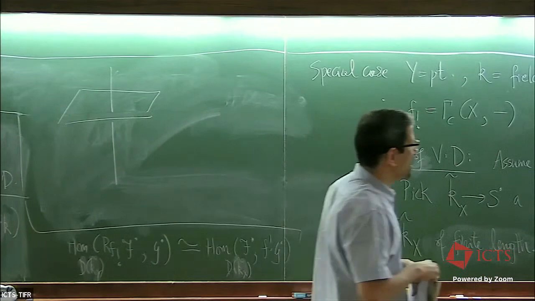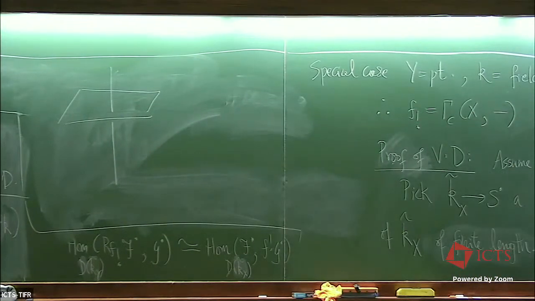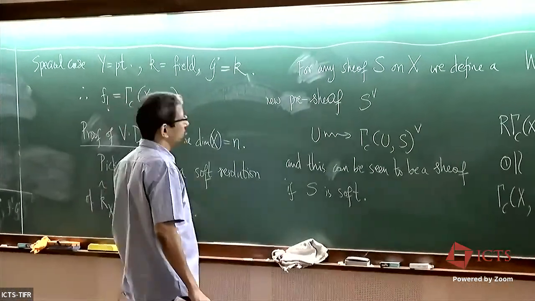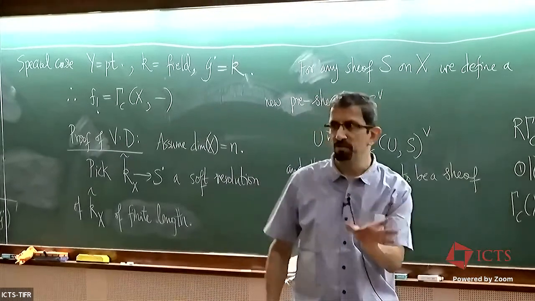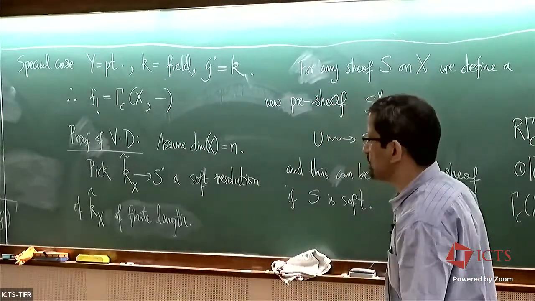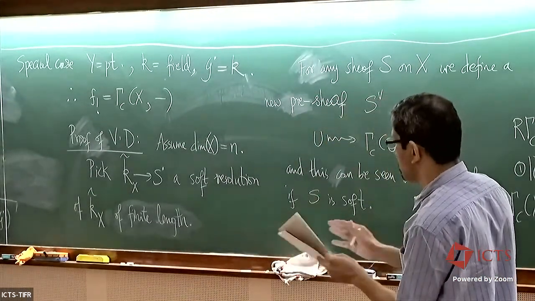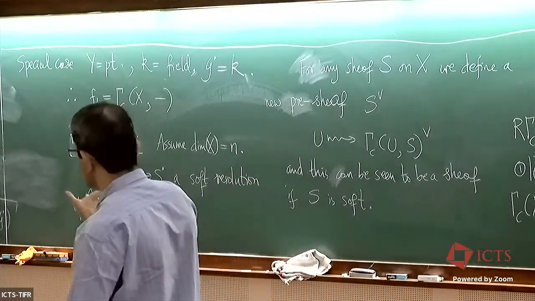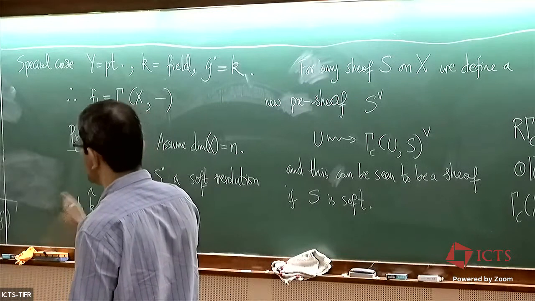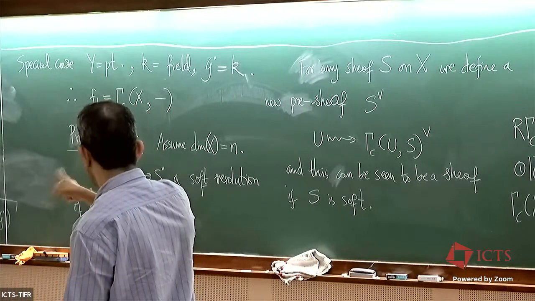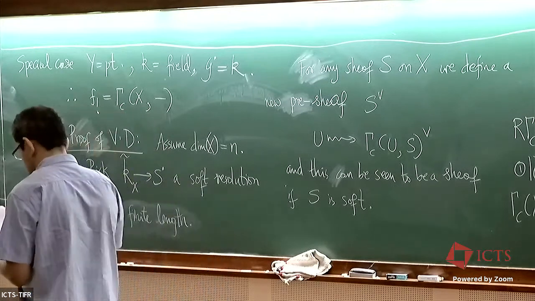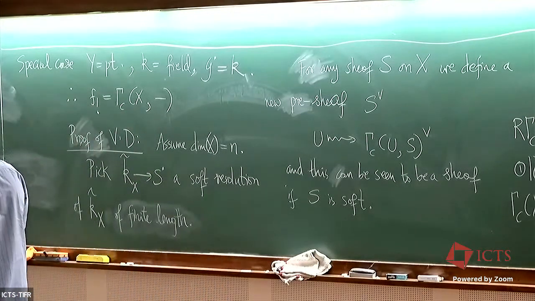The complex that we write down here is coming from a soft resolution of S dot, and if you look at it carefully, this soft resolution can be chosen to be of length at most the dimension of the manifold. So that will tell you that the dualizing complex f upper shriek K is living in n degrees, and those degrees will be from -n to 0. That you can see by applying this kind of duality theorem. That's one remark, and the other remark is,